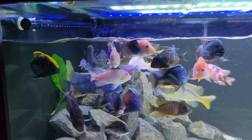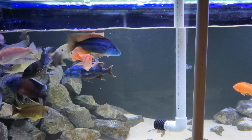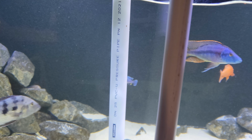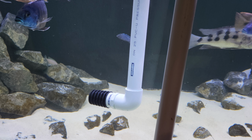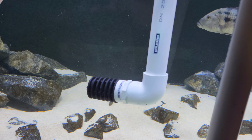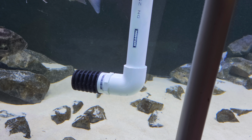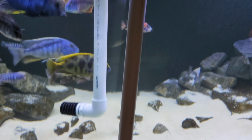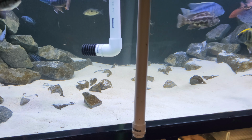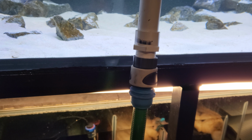All the fish are hungry, even though I'm doing a water change. This is a water change system that I built DIY. So it has the pickup inside the tank. This is just built from parts from my local hardware store. Comes out the top of it onto a garden hose